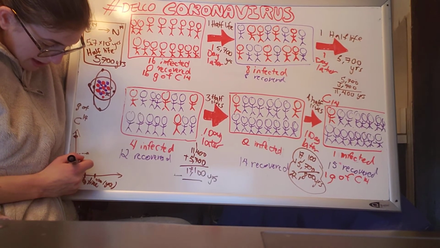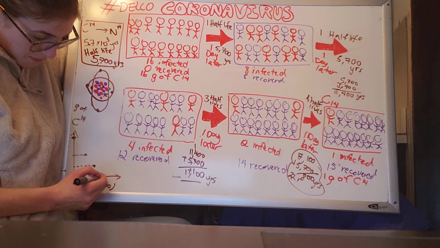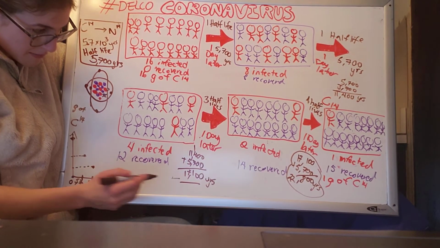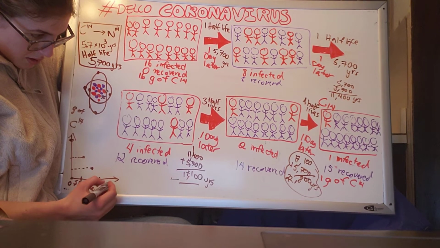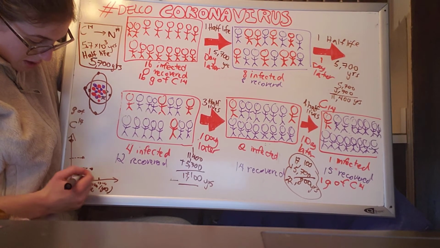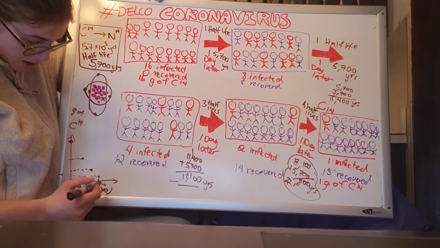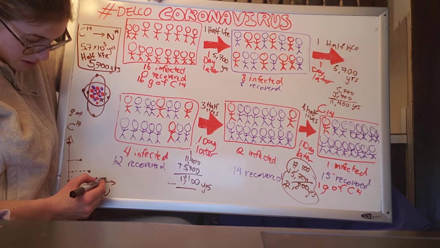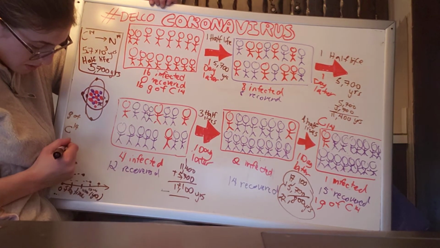So again, in half, I only have 4. And after 17,100 years, I would only end up with 2. And after 22,800, I'm going to end up with 1. So what you're going to get here